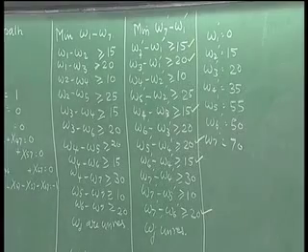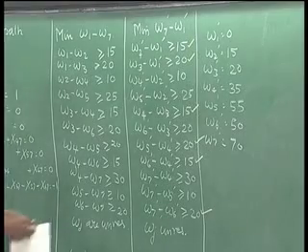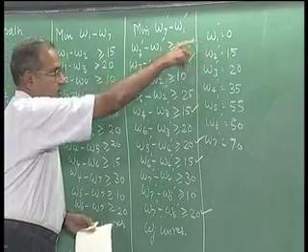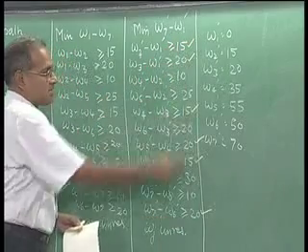Now from these we have a fixed W1 equal to 0, so 6 of them give us the